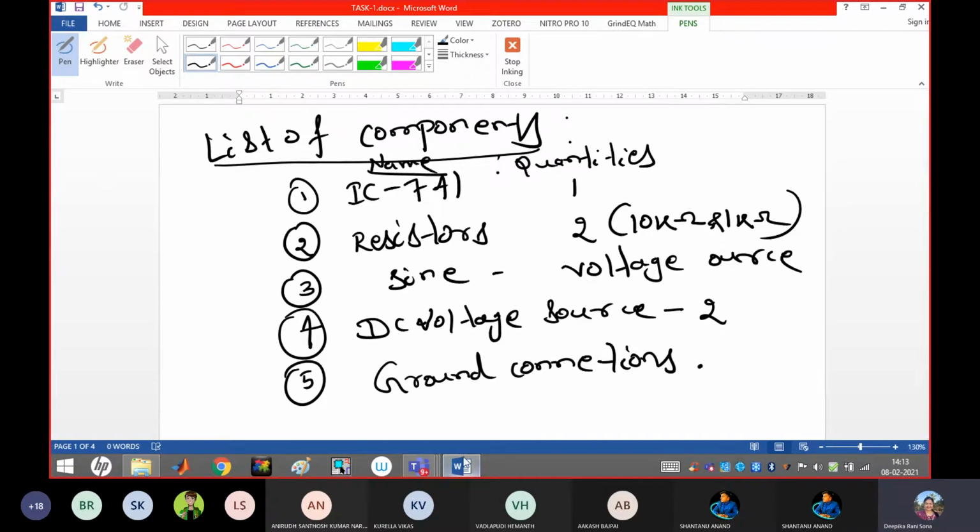This is a software lab, right? In the hardware lab, the ground connections are not required in the list. Okay, and AC sources we need, and DC voltage sources are your power sources. So that time it will be different, but here it is different. So these are the things you have to write, and just leave some space.